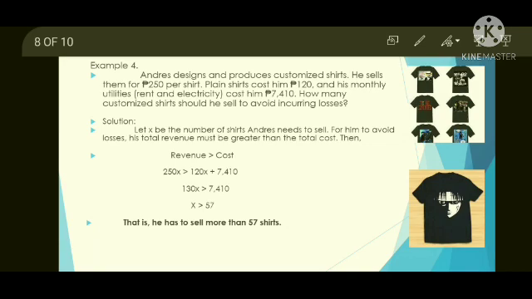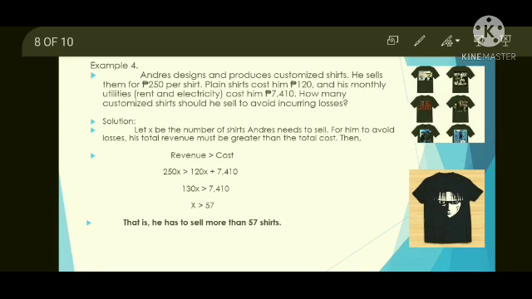That 120 pesos is already our expenses times the number of shirts Andres needs to sell. That makes it